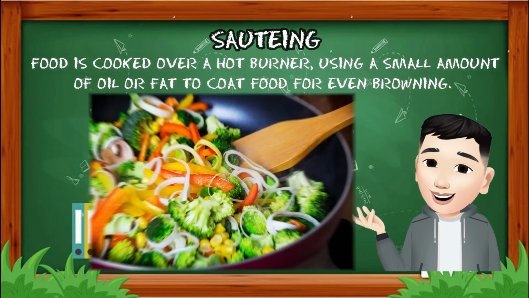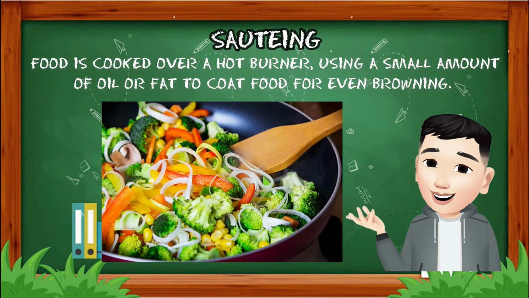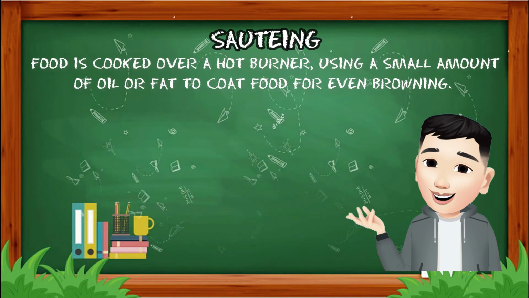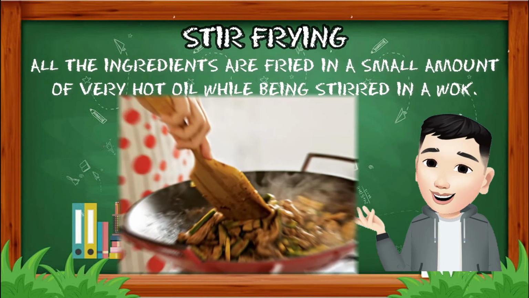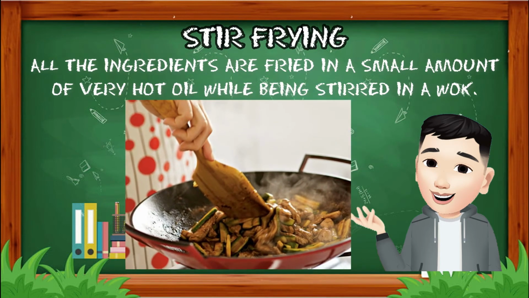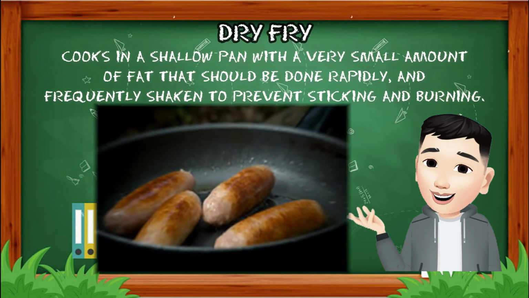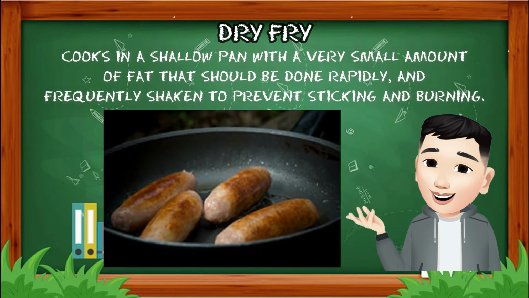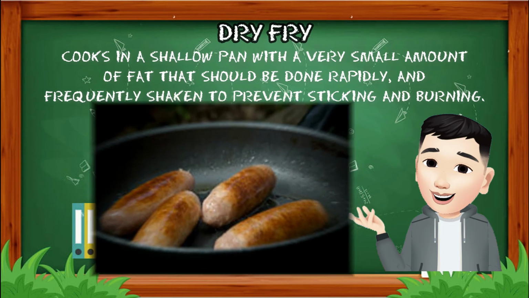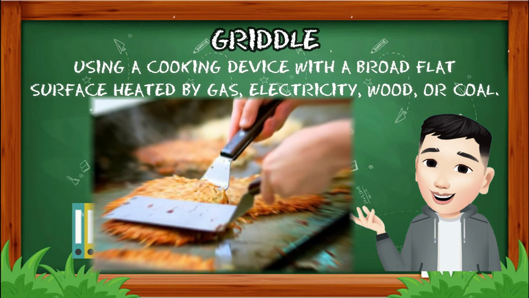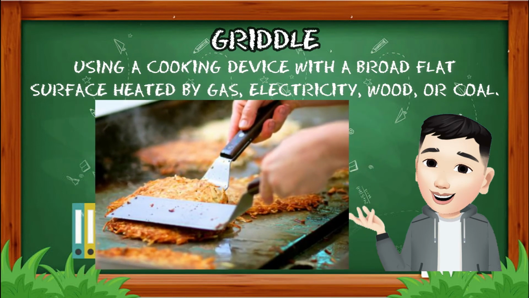Sautéing: food is cooked over a hot burner using a small amount of oil or fat to coat food for even browning. Stir frying: all the ingredients are fried in a small amount of very hot oil while being stirred in a wok. Dry fry: cooks in a shallow pan with a very small amount of fat that should be done rapidly and frequently shaken to prevent sticking and burning. Griddle: using a cooking device with a broad, flat surface heated by gas, electricity,